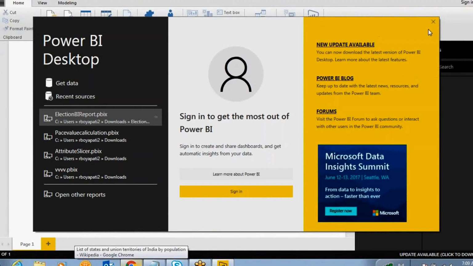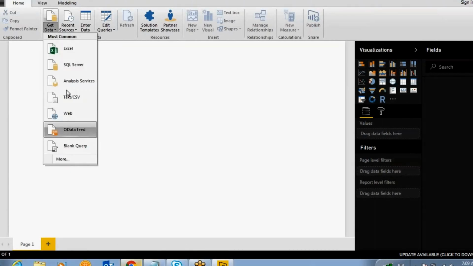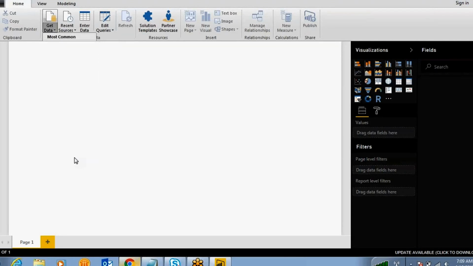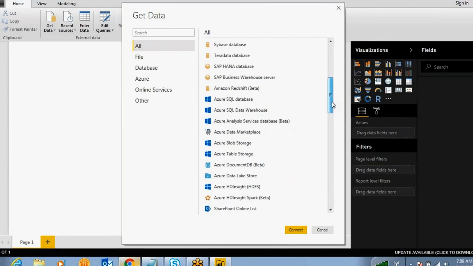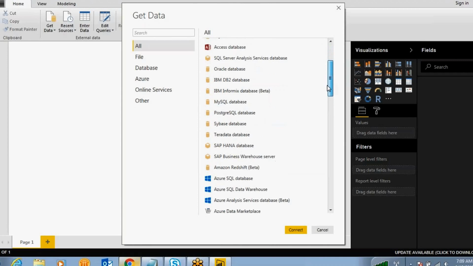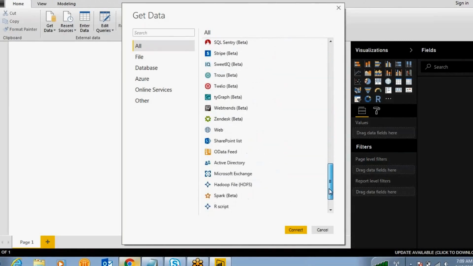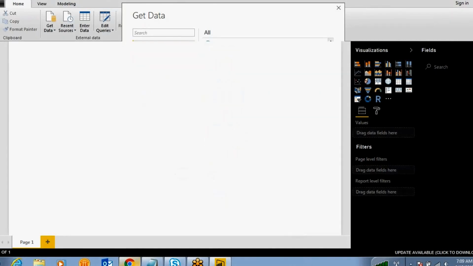So I want to design a report in Power BI Desktop. Just go directly to Power BI Desktop, and to get the data, go to Get Data. There are different data sources in Power BI. You just go to More, and there you can find the number of data sources. Right now, which data source do you want to take? It's web services. So you have to find out where the web page is. This is the web. Web is the data source I'm going to take. Just click on Connect.